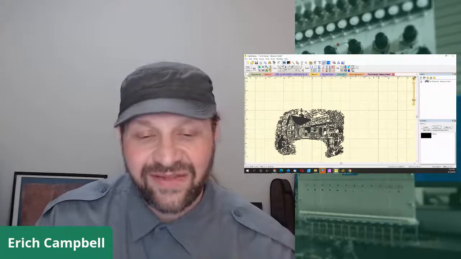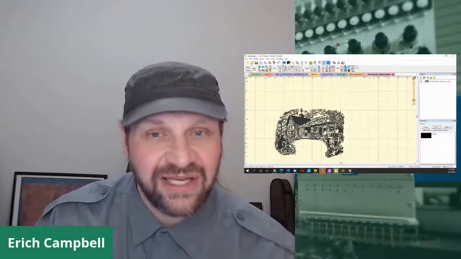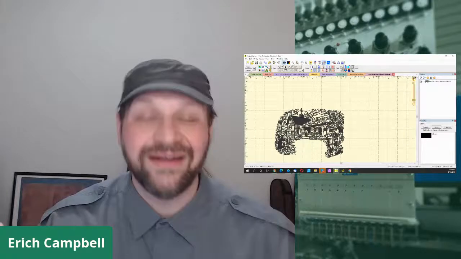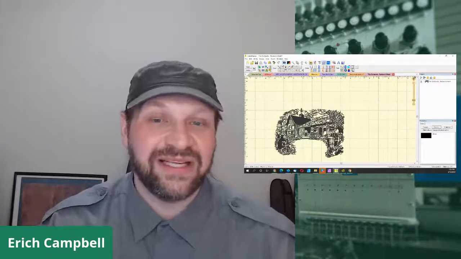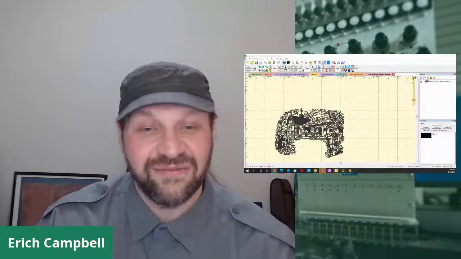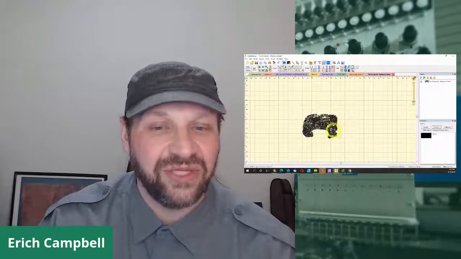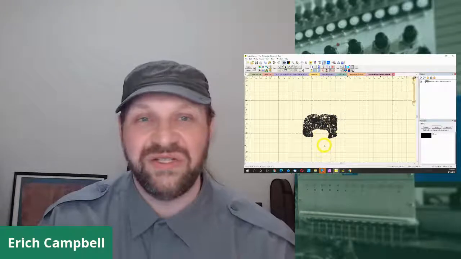So anything engraving style like this, scaling up is going to be an issue, because when you scale up, it looks too sparse, it looks angular, it looks weird. Scaling down is going to be an issue because it gets close together. And as you can see from this, if we keep going closer together, well, it's going to look mushy and we're just going to have a big blob, because you get to a point where,